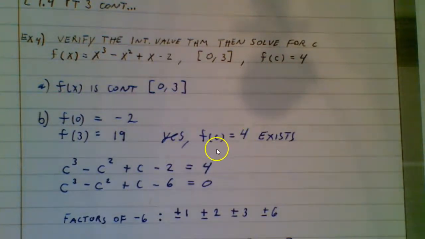And so now we're just solving here. So here's what you're seeing on this one. Really all we're doing is taking this function that you see right here and plugging in this information. So I'm putting in a c for x, and I'm setting the whole thing equal to 4. And so that's where this equation is coming from. If we subtract our 4 over to the other side, so that the whole thing can equal 0, we get